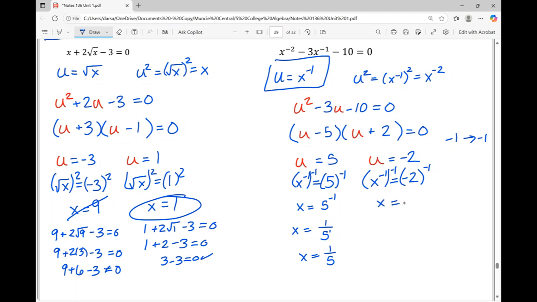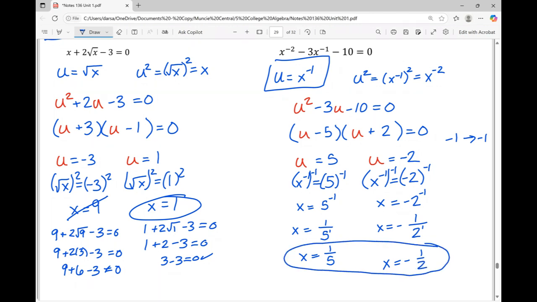Let's try it over here. If we have negative 2 to the negative 1, how do I make that negative 1 exponent positive? Well, I need to send the 2 to the denominator to make that exponent a positive. And then what is 2 to the first power? Well, that is just 2. So we get two answers here. X is equal to 1/5 and x is equal to